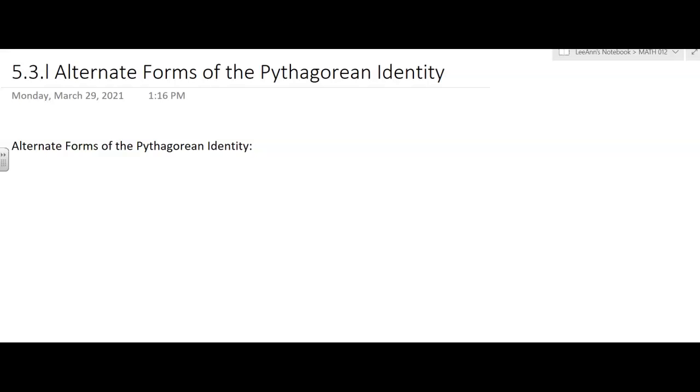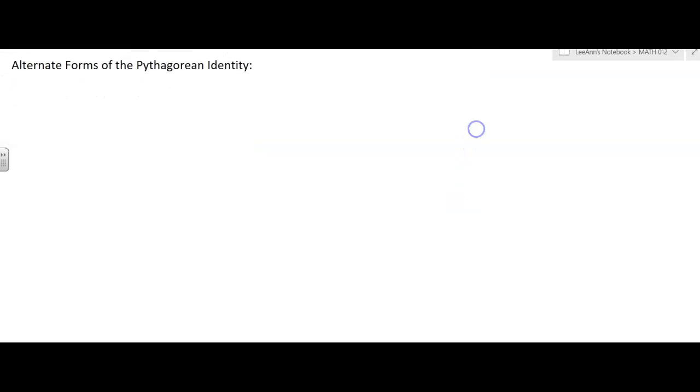So we're going to look at some different forms of the Pythagorean identity. The Pythagorean identity says cosine squared t plus sine squared t equals 1. Well, if I take and I divide everything by the cosine squared t,